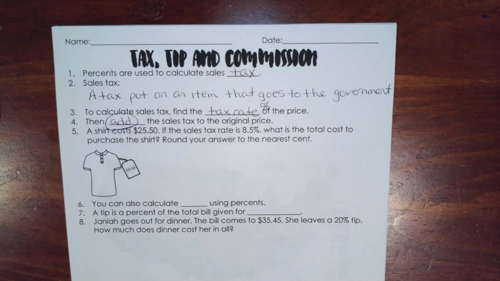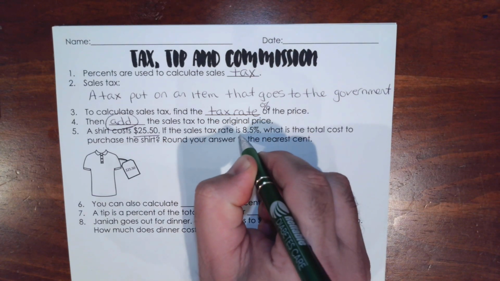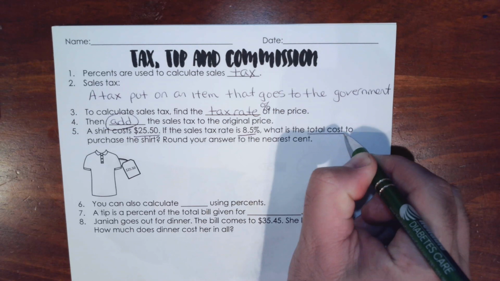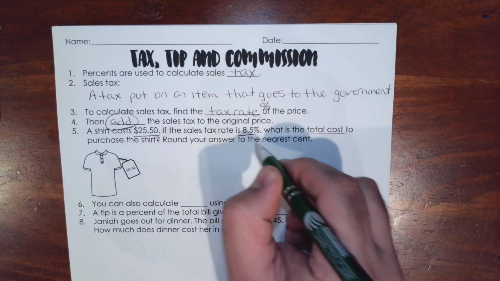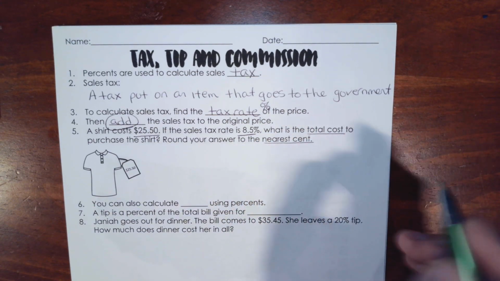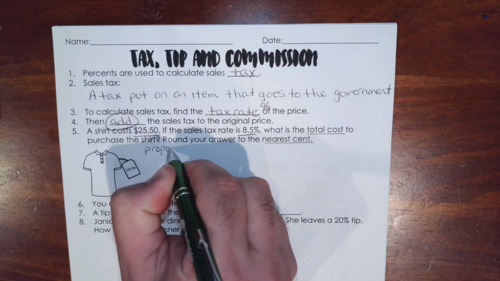So it says a shirt costs $25.50. So I'm going to underline that. The sales tax rate is 8.5%. You have to find the total cost. So underline where it says total cost. And then it says round your answer to the nearest cent. So let's underline that. So if we solve this problem with a proportion,